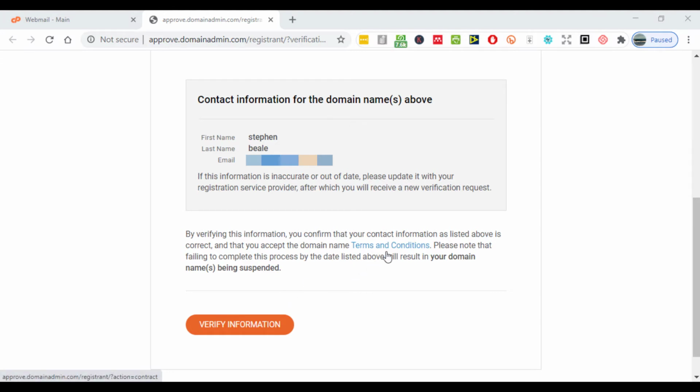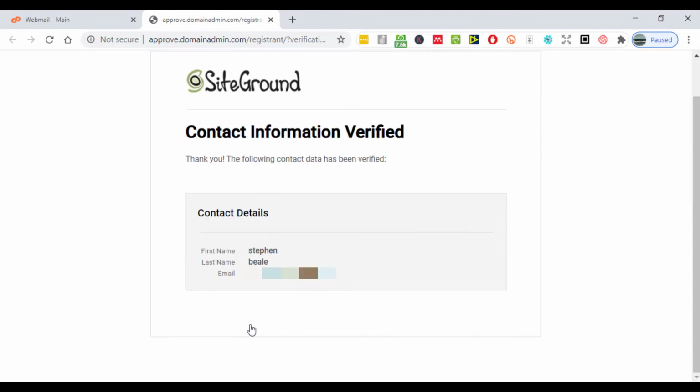Again, you can read the terms and conditions to be sure, but let's verify for now. And that's it, your data has been verified. But if you don't do it, your domain will be taken offline within a fortnight, or 2 weeks. So make sure you get that done as soon as possible. Don't skip that step. And now that we've done that, let's go back to setting up our WordPress website in